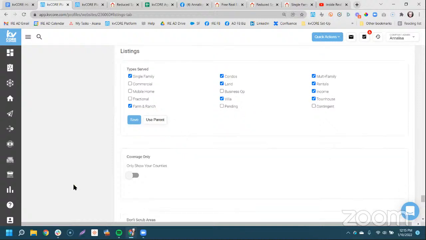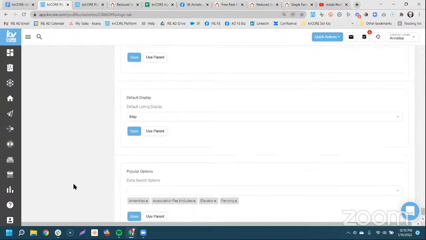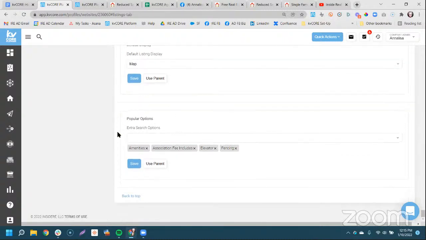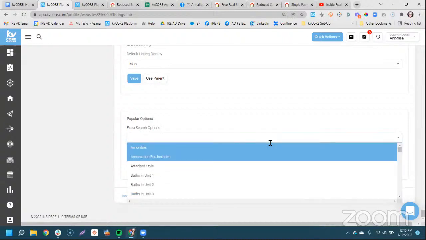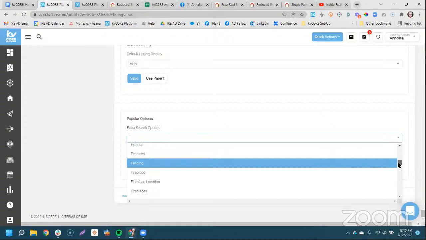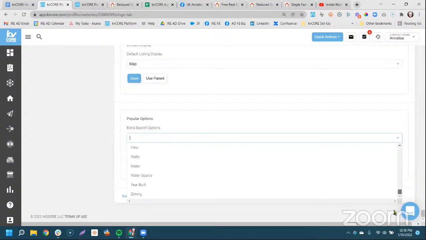At the bottom here, you've got these popular options, and these are basically pulling from filters from your own MLS. So if you have one in here like a school district, you might be able to, I'm going to zip down here really fast. If you get vertigo, don't look. If we look in here, we might be able to see school district.